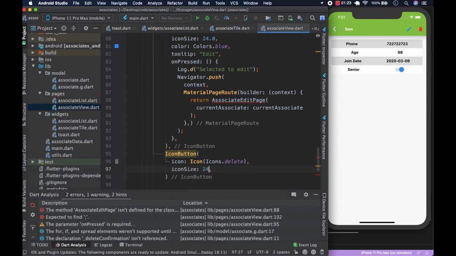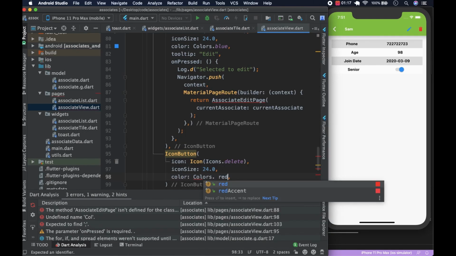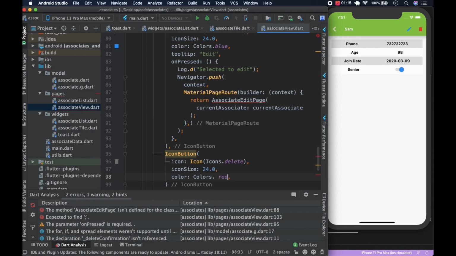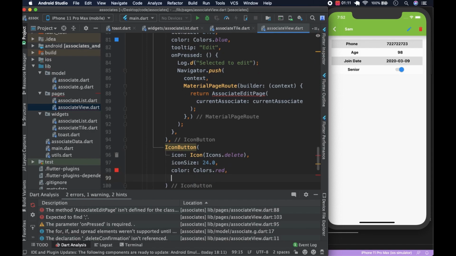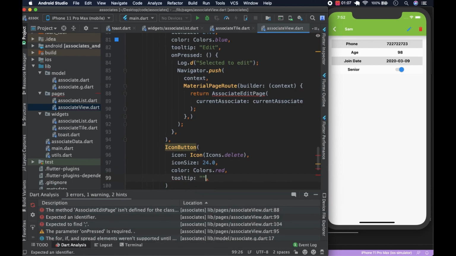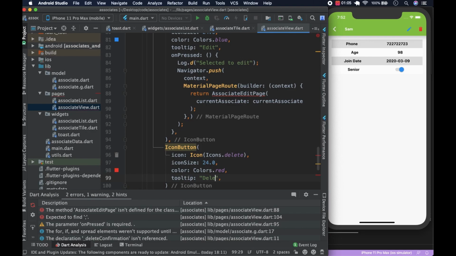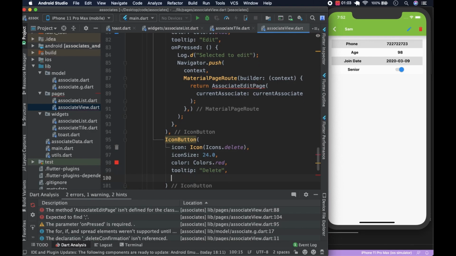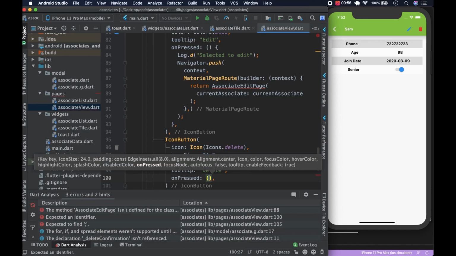We say 24.0, and color is going to be colors.red, and the tooltip, of course, is going to say delete like this, and the onPressed is going to log it,